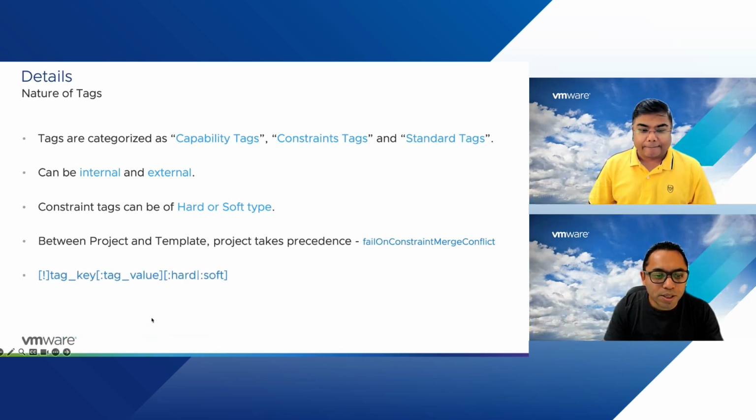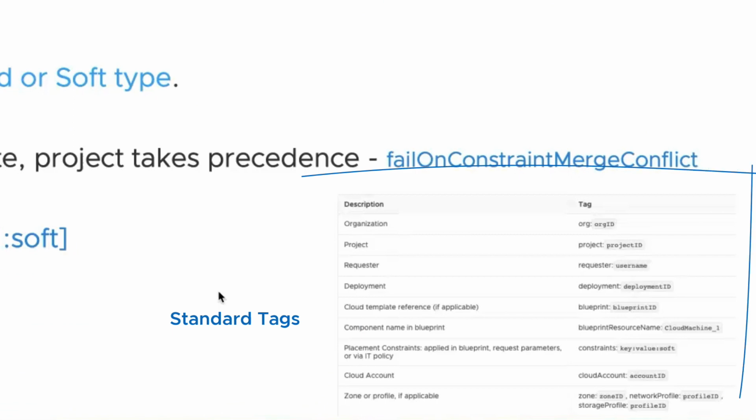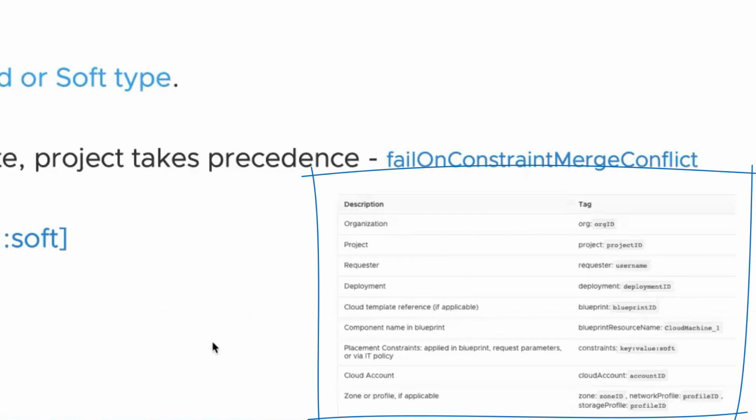So basically, it's like a key value pair, right? It is a key value pair, the way key and then value. And then standard tags are the tags which are by default used inside of Aria Automation. You cannot use those. I mean, you can use those, but then you cannot define those in your environment. Yeah, makes perfect sense. So three types of tags, and the standards are the ones that are system defined, that we can use, but you cannot define them and use those as key value pair.